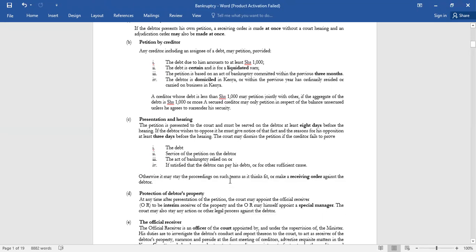Now the petition is presented to the court and must be served on the debtor at least 8 days before the hearing. So your petition has been accepted by a court of law. The debtor is supposed to be served with the notice at least 8 days before the day of hearing. So once you receive the petition, you're supposed to make sure that, because you are time bound,